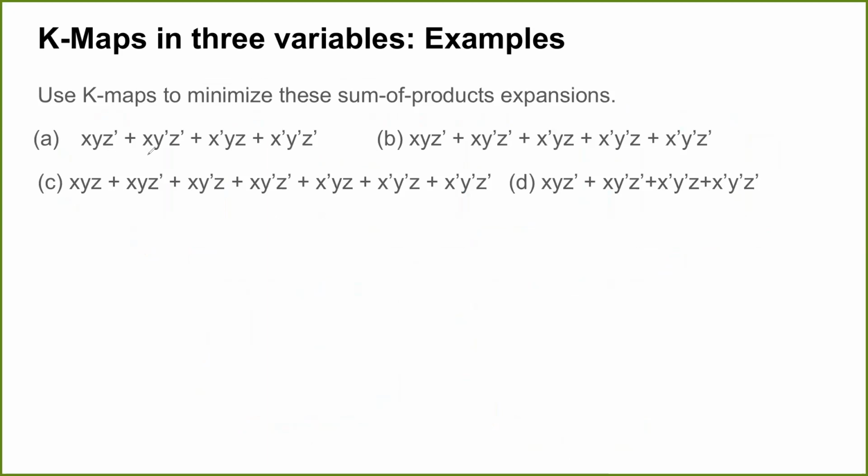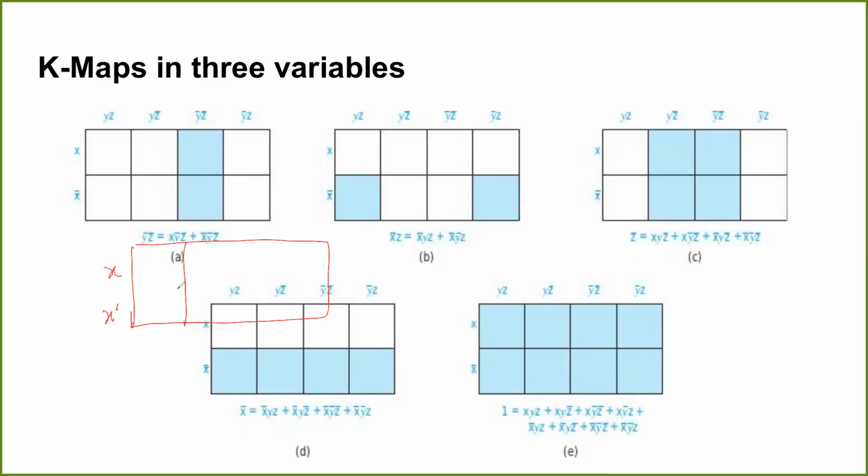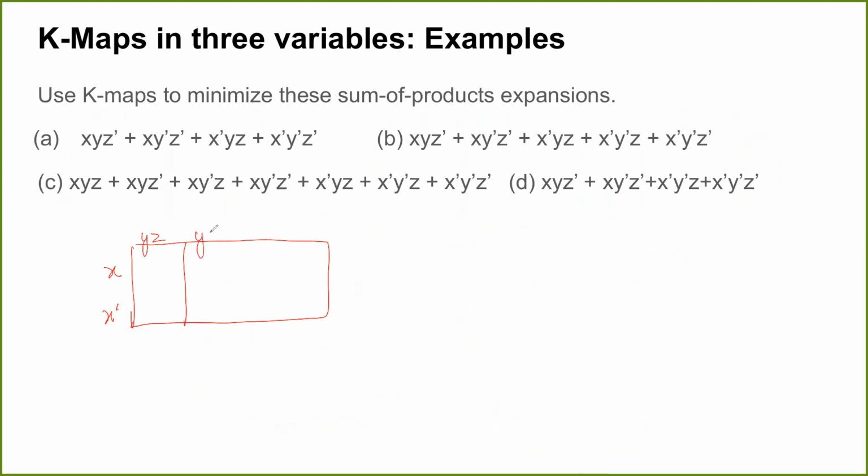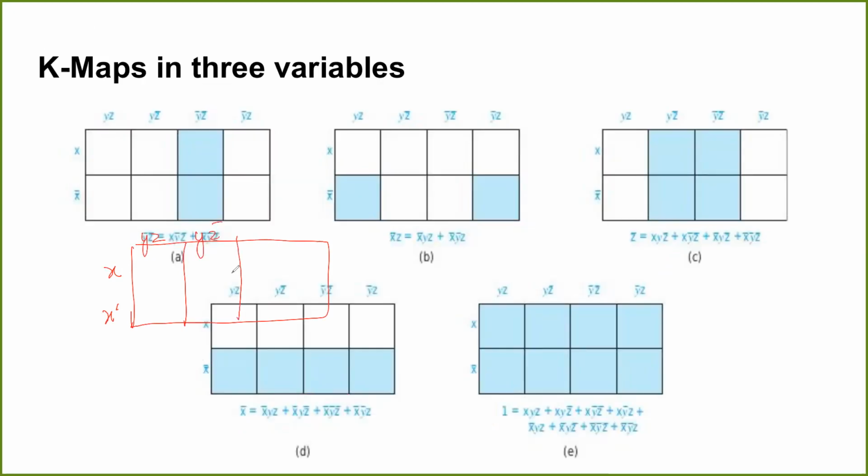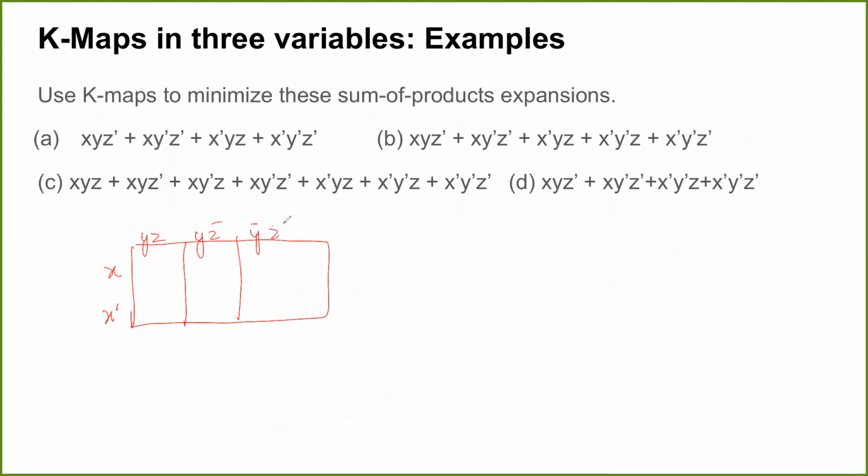So let us start with this one. Let me draw the Karnaugh map for this. So I have x complement, y z complement. Okay, let us do the first one. So you tell me which blocks I need to fill in. Let us try to practice it. Tell me, for part A, what all blocks do I need to fill in? First is x, y, z prime.